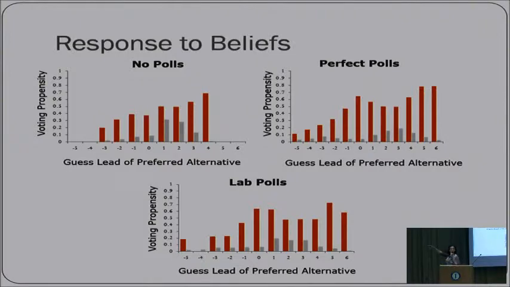So let me give you the graphs that correspond to the participation rates as a function of the perceived lead of the preferred alternative. So what you see on the x-axis is the perceived lead of the preferred alternative. So 0 corresponds to being pivotal. And what you see here are increasing curves. It seems like sometimes there's a little spike around 0, but in general, these are increasing curves. The pivotal voter model would suggest something that looks like a hump-shaped curve, where we have a peak at 0. Here we see something that looks kind of monotonically increasing.